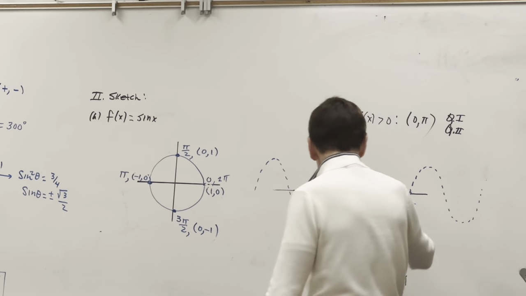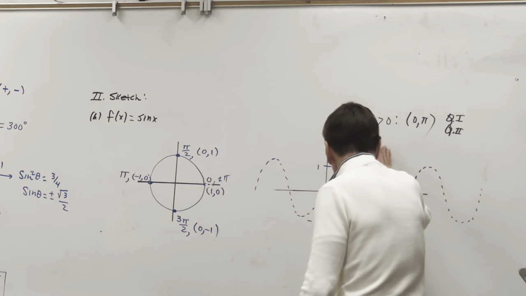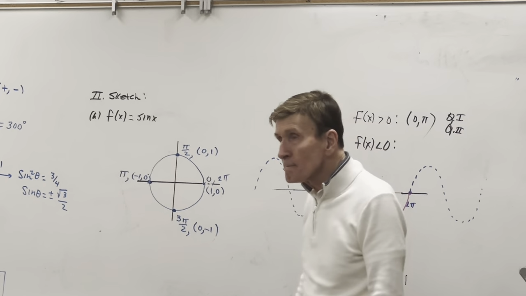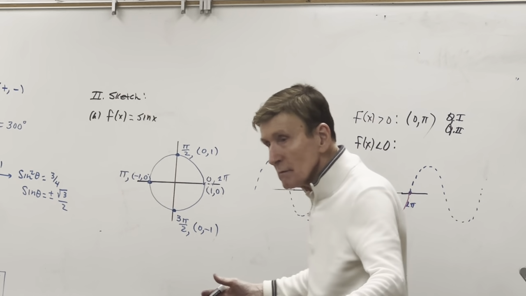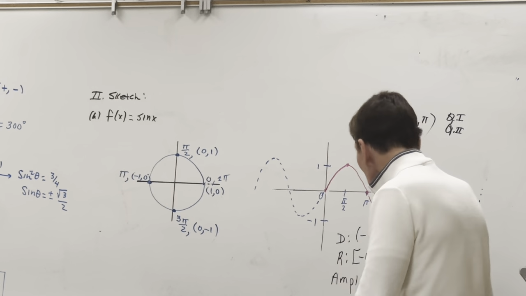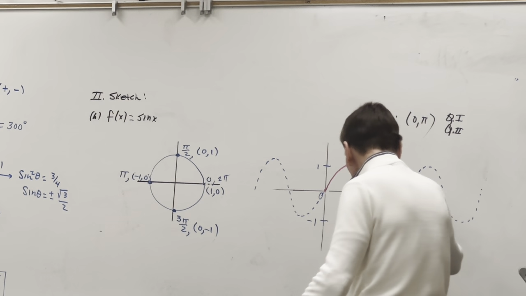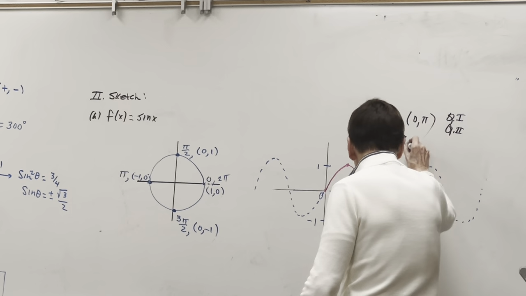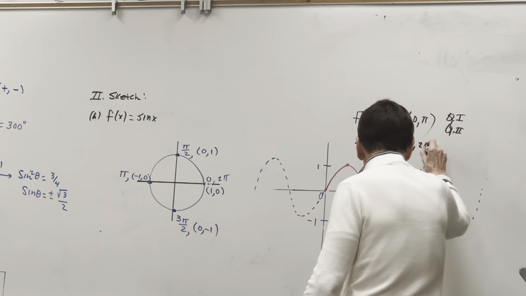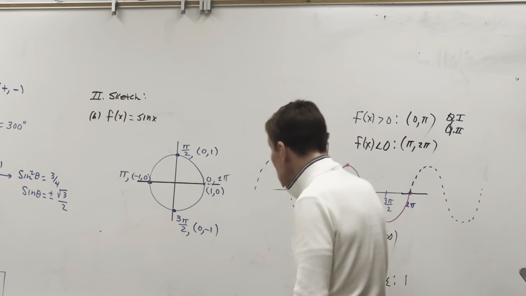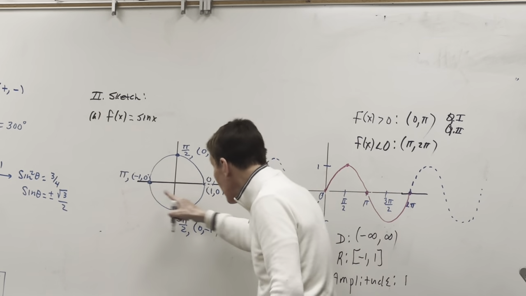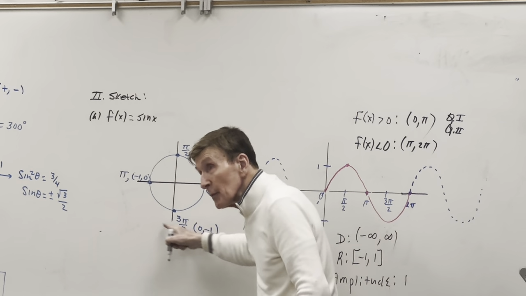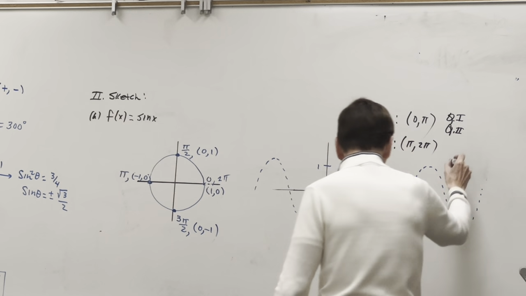Now, when is this true? When is my function sine less than 0? Okay, right, and on my graph, it's between what? Pi and 2 pi. Here's pi, here's 2 pi. Am I going from quadrant 3 into quadrant 4? So I move from pi to 2 pi. So it says quadrant 3,